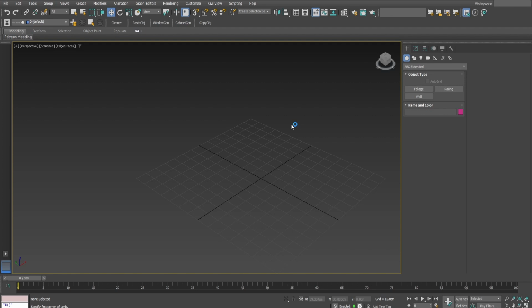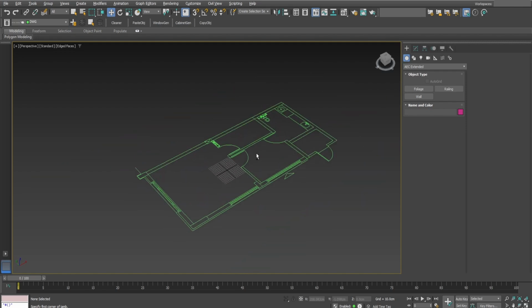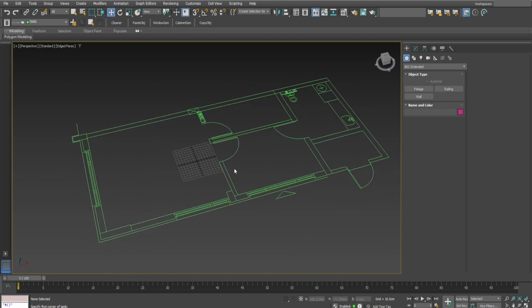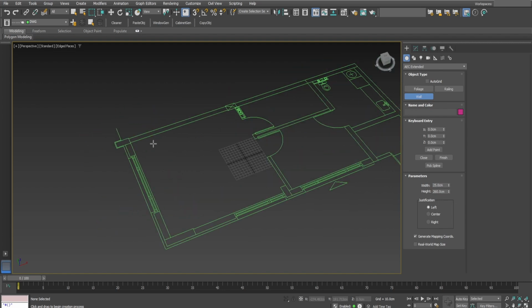Now, let's create our first wall. I have prepared a simple project to test and showcase the wall tool. So let's press the wall button and adjust the settings of the walls. I'll set the width to 25 centimeters and the height to 260 centimeters. I'll make the justification to left. Turn the snap tool on by pressing the S key,